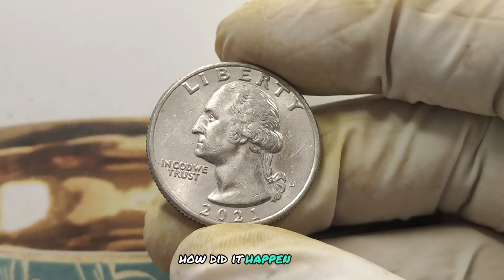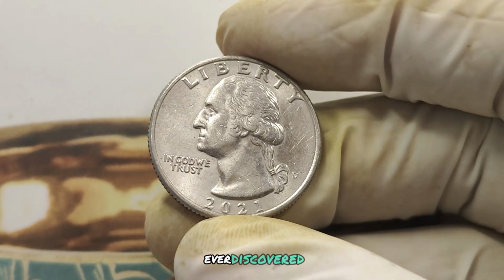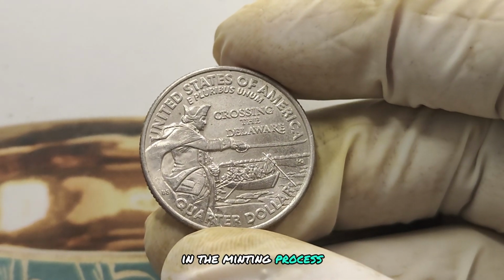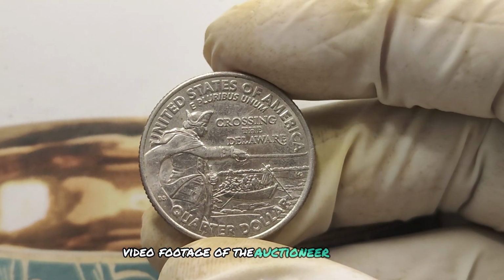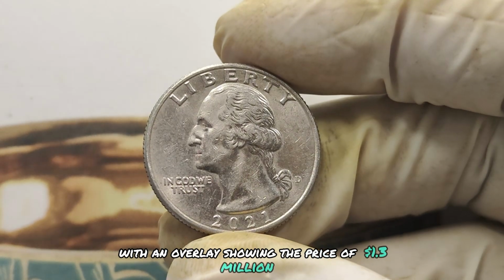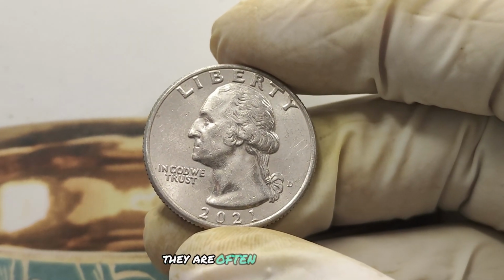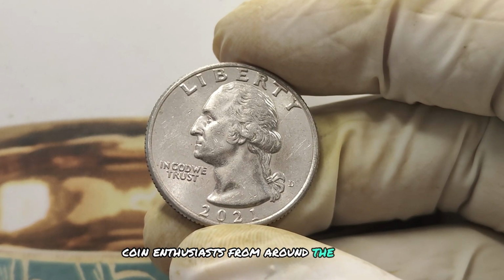How did it happen? Well, this particular coin was one of the rarest error coins ever discovered. Experts believe that this specific quarter went unnoticed because of a slight misalignment in the minting process, which caused it to be vastly different from the others. Video footage of the auctioneer selling rare coins, with an overlay showing the price of $1.3 million. Error coins like this one are incredibly rare, making them highly valuable. They are often one of a kind, and when they appear, coin enthusiasts from around the world scramble to get